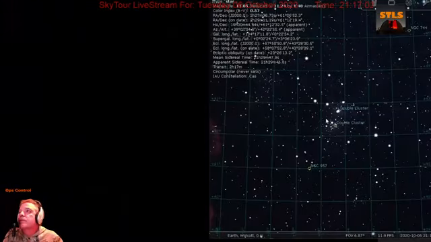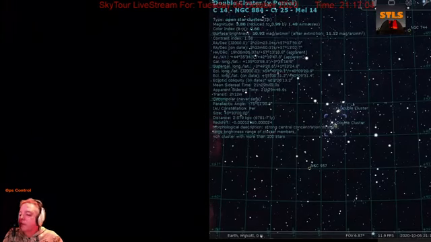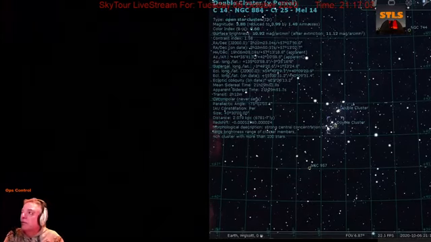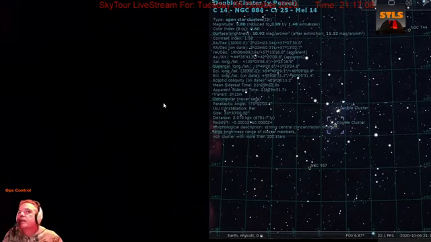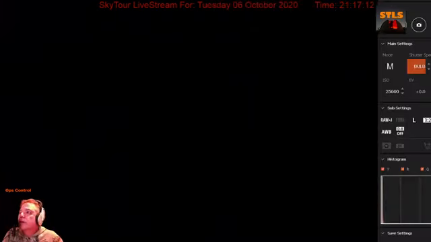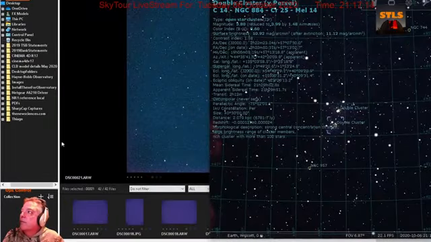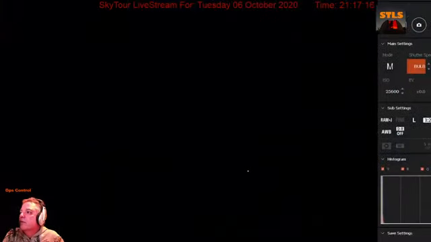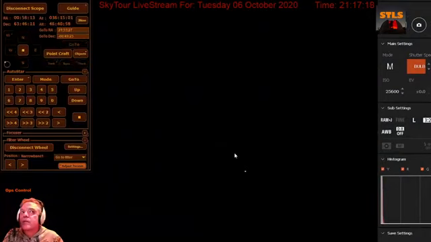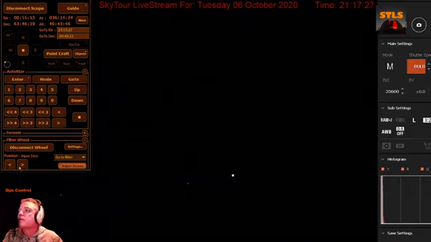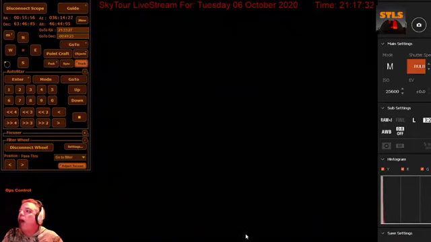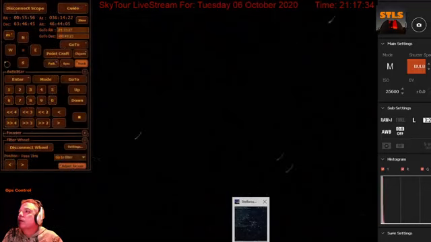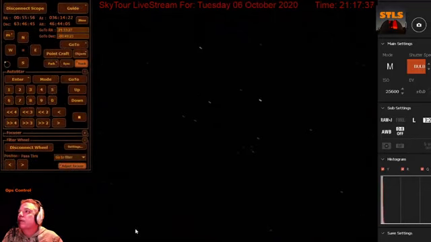Let's go here. This is a wonderful little cluster, and I'm hopeful that it will show nicely. First things first, it's going to bring a star in to guide on. And I'm just going to take us back one level so we can see all the stars. And we should see that cluster come right in here. And we do. Look at that.